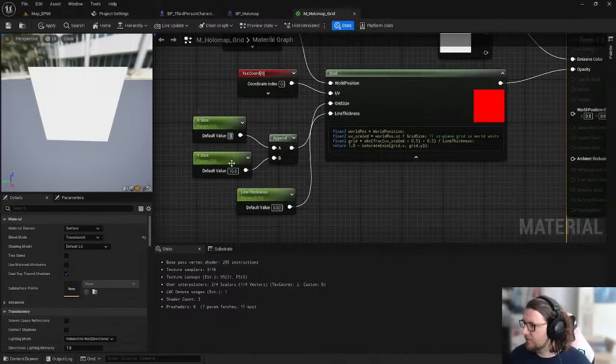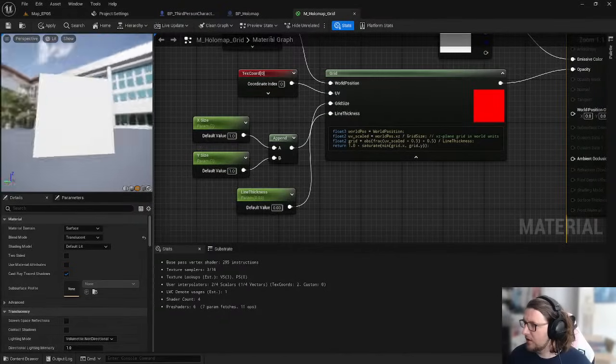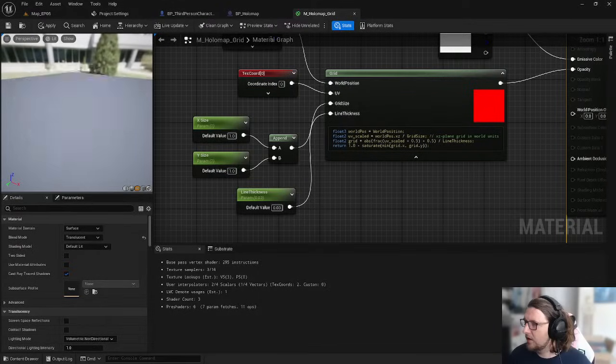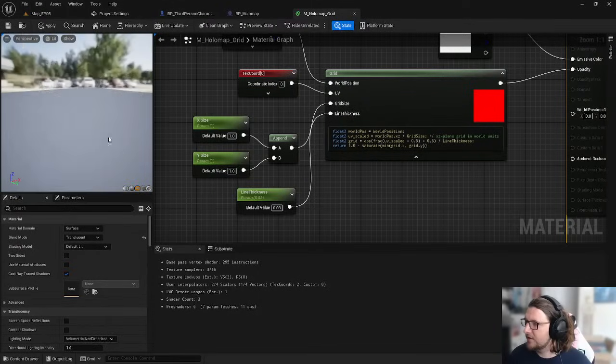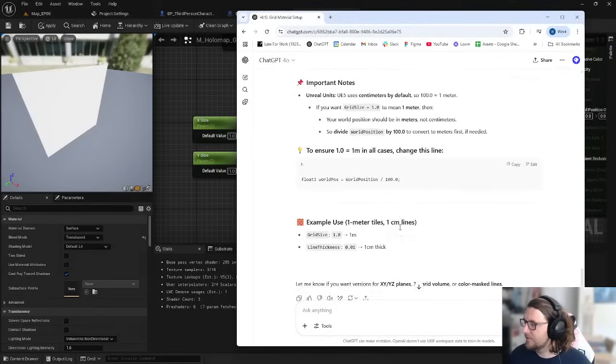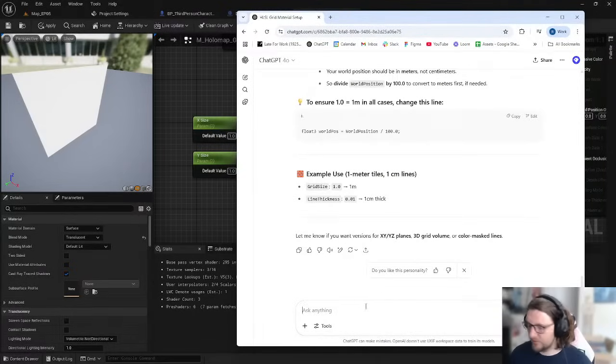So grid size of 1 now. See here, we're getting this. This is for a plane parallel